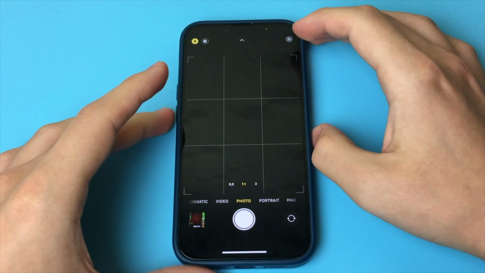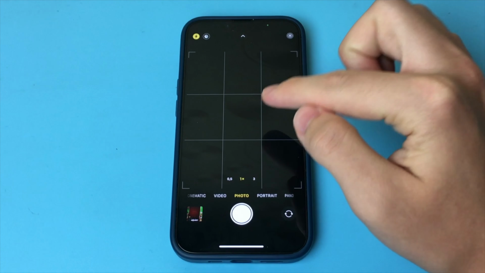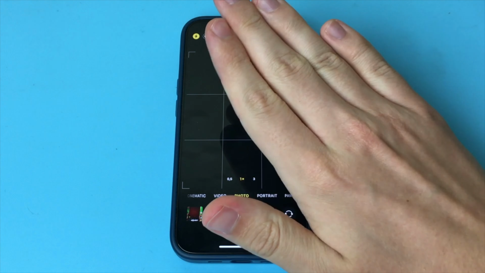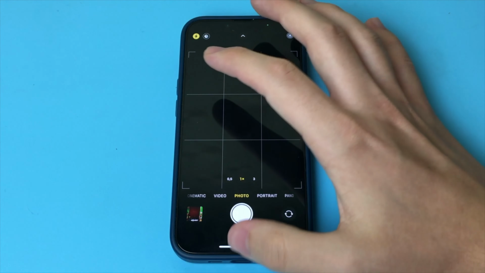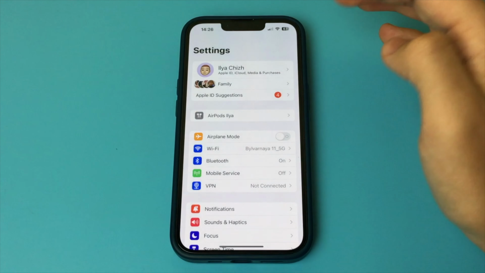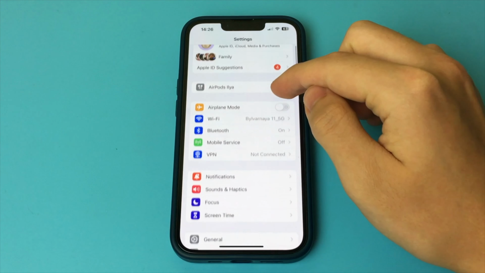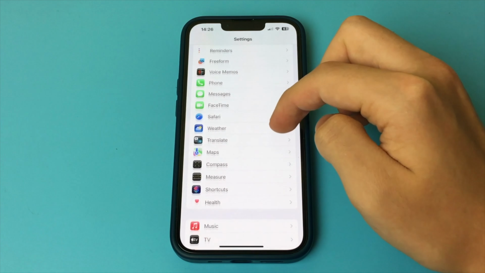Thank you. In this video, I want to show and tell you how you can turn on the level in your camera on your iPhone. That is, you have a camera, maybe you have the grid enabled, but if you have updated to the new iOS 17, there's a very cool feature called level. That is, you will have a level display here, and you will understand at what degree you took a picture. That is, even or not even, how you do it.